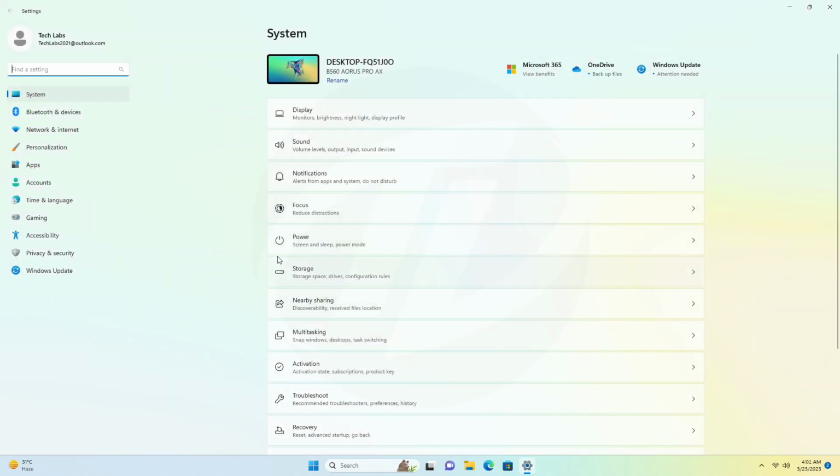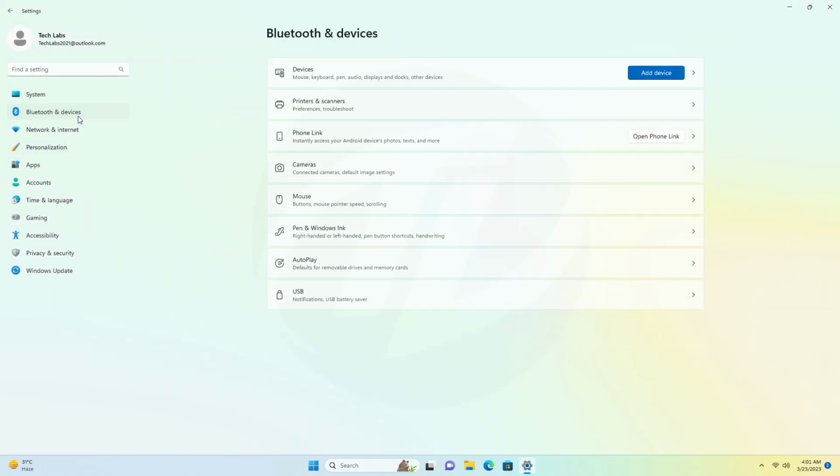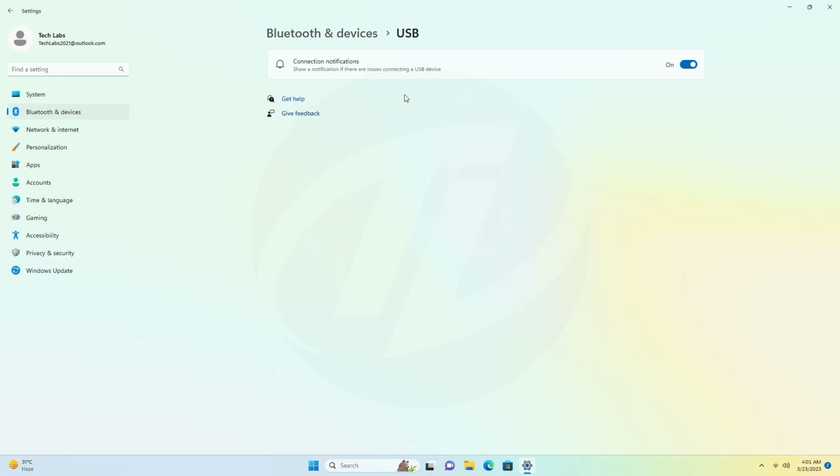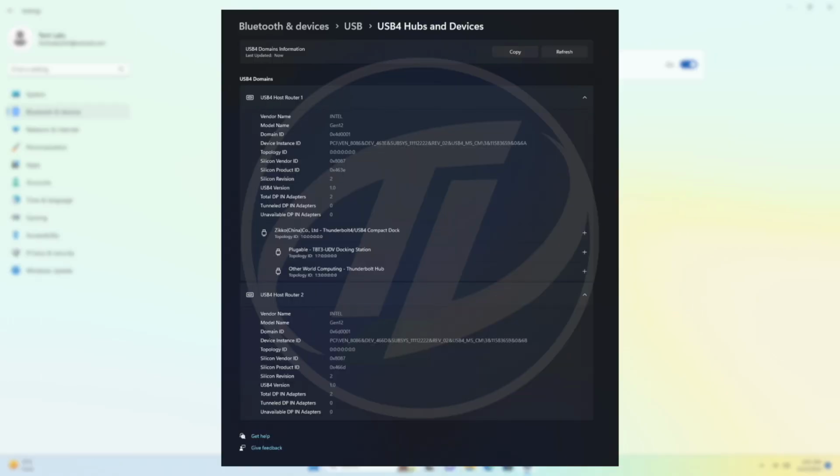Next to that, we have the USB4 settings page. Microsoft is adding a USB4 hubs and devices settings page for users under Settings, Bluetooth and Devices, USB4 hubs and devices. USB4 enables new productivity scenarios for docking, high-performance peripherals, displays and charging. The USB4 settings page provides information about the system's USB4 capabilities and attached peripherals on a USB4 capable system. These insights are meant to assist with troubleshooting in case users need support from their device manufacturer, OEM, or system